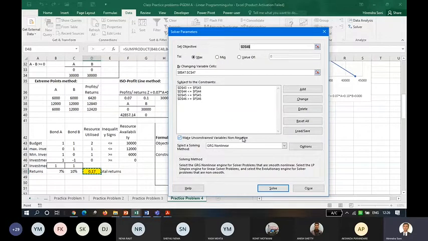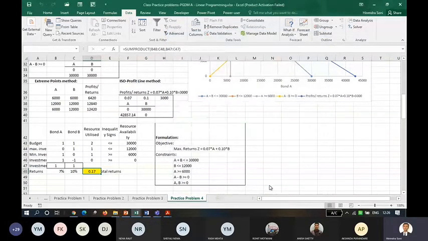So make unconstrained variables non-negative. Make this simplex LP and say